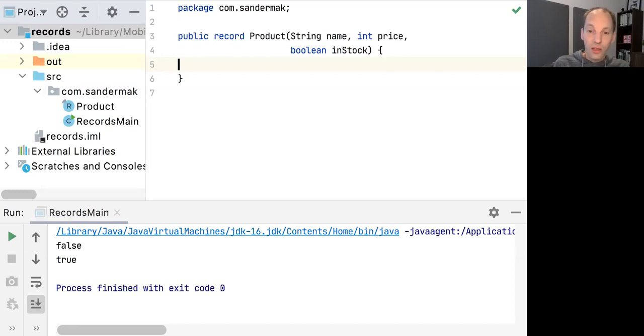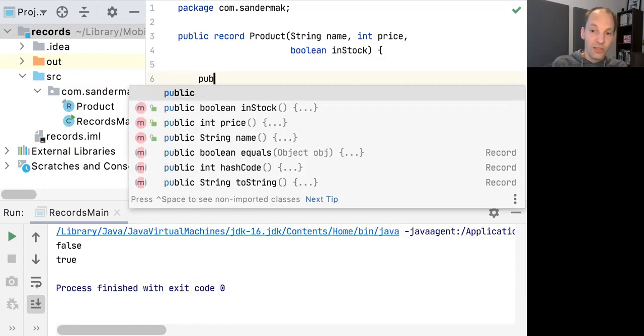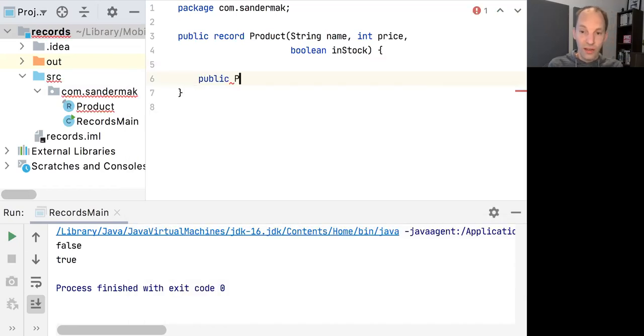What you can do is, besides adding methods, also override methods of a record that are otherwise provided. So I could implement my own equals and hash code implementation here if I wanted to. Of course, you would still have to ensure that the semantics of these methods are preserved, but that's something that you can do. You can also override accessors if you want to. But what's more interesting is that we can also provide a constructor, for example, to do validation, because that's often something that you want to do in data classes.